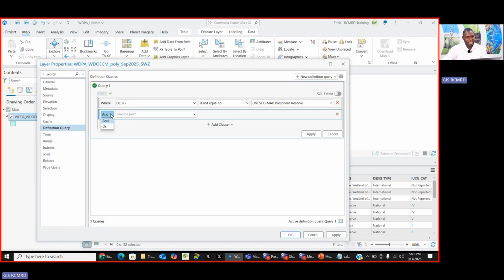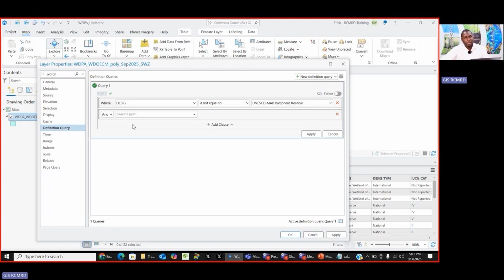You have and, and then you have or. And means that for these conditions that you are giving, you are defining that the data that will remain must meet all the conditions. But if you put or, what you are saying is that the data that meets any of the conditions should